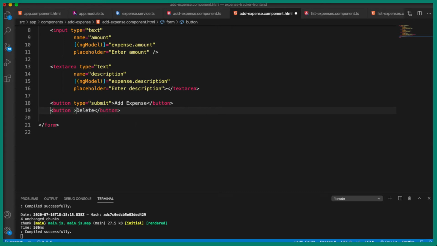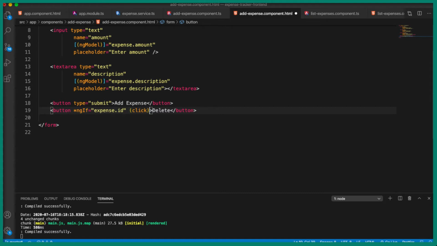For that we're going to make use of the Angular structural directive to add a condition: *ngIf, and we're going to access the expense ID, expense.id. So whenever the expense ID is available, only then are we going to show this delete button.